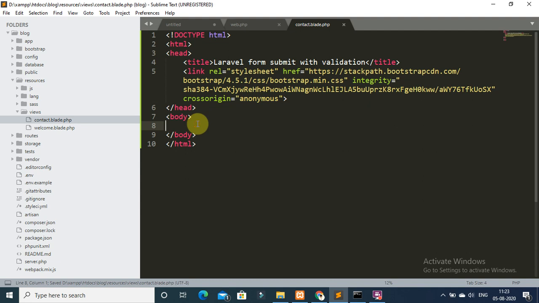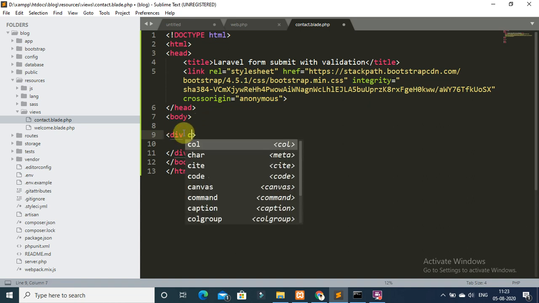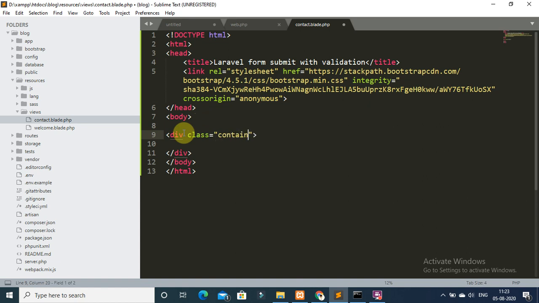Now create a div and add class container.